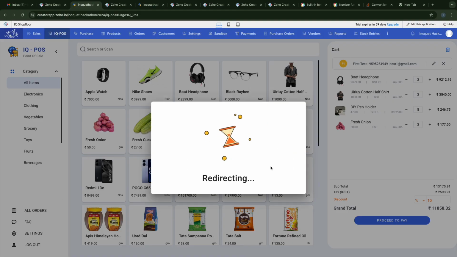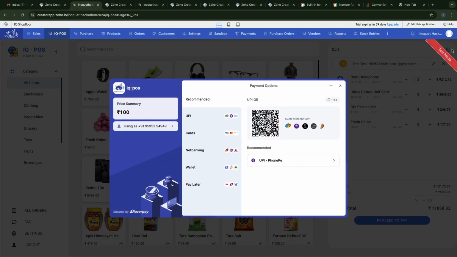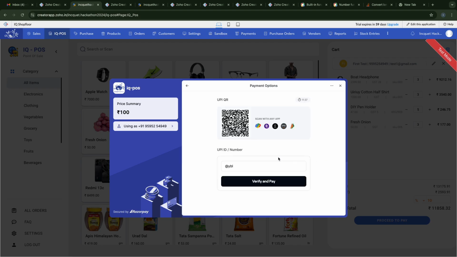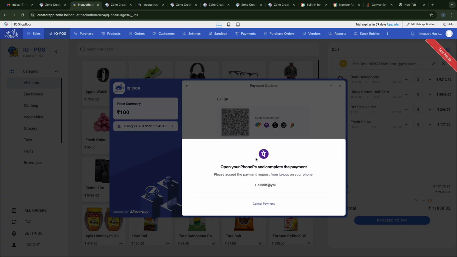Once you click on pay, it will contact Razorpay, and since it is in test mode you can't scan the QR code, because if you try to scan the QR code from PhonePe or any app, it will say it is invalid because it is test mode, so it won't allow you to scan and pay. Here you can add any random UPI ID, or you can try your UPI ID as well,